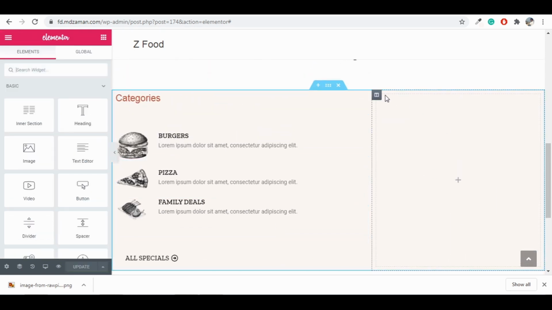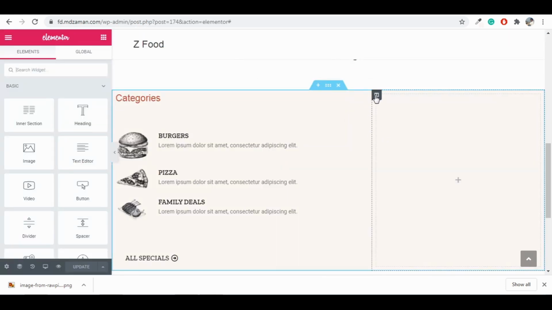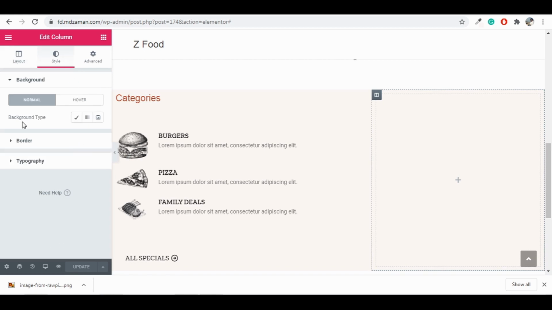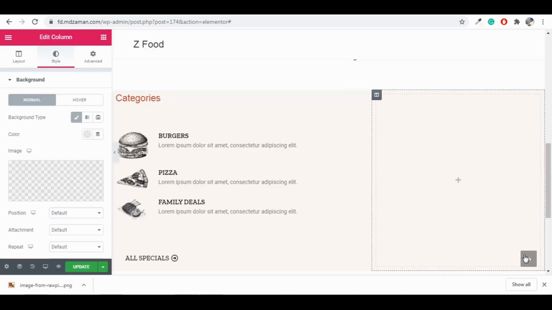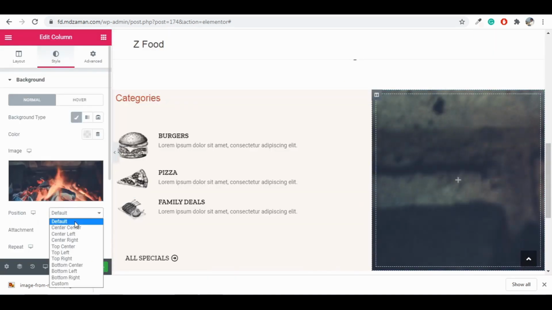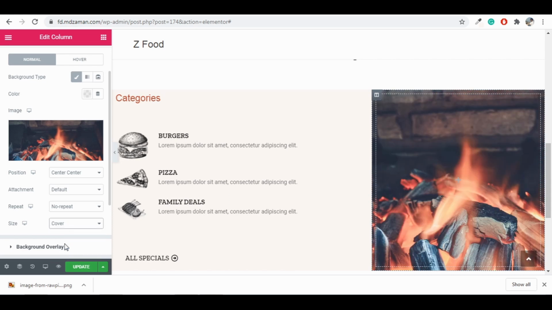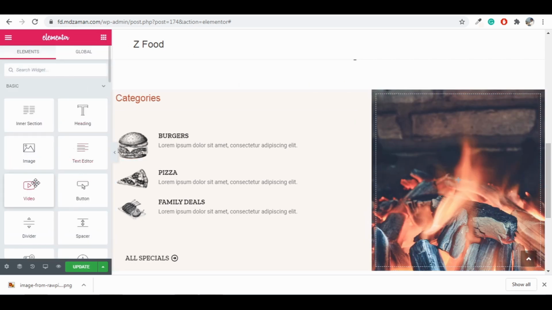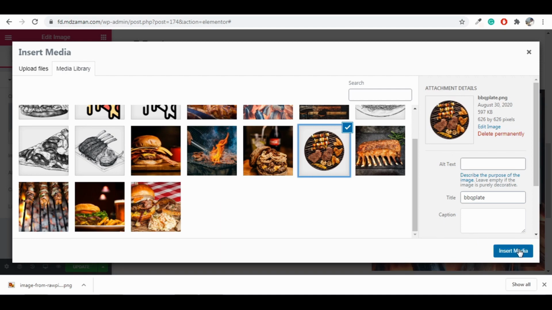All we have to do is add the image over here. First of all, we'll add a background like this. So select this column, go to style, select background type classic, and add the image, this one. Click on insert media, make the position center, repeat, no repeat, and size cover. And now we'll add the image. Come back to widgets, drag and drop the image, select the image, it is this one, insert media,